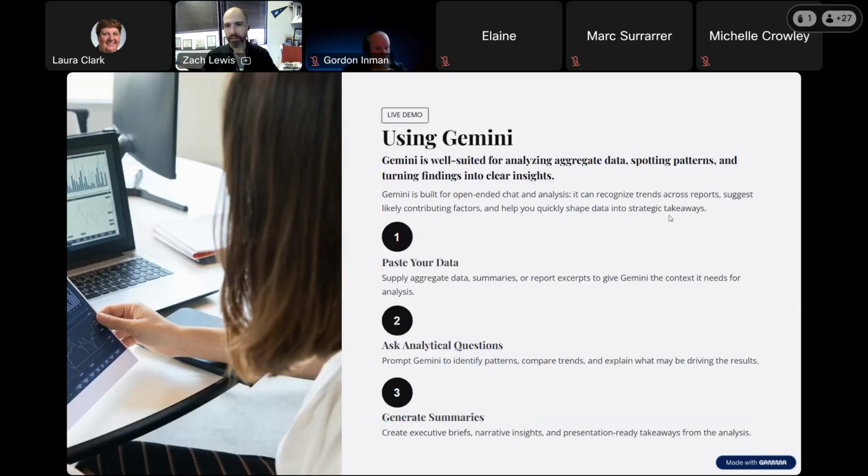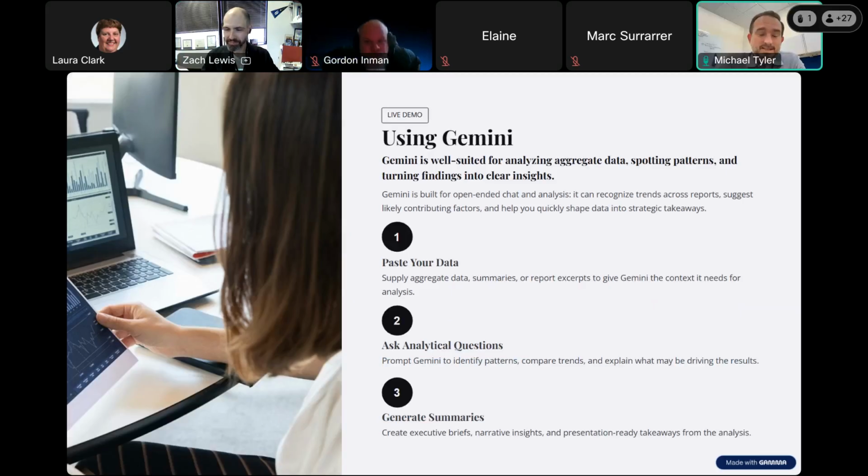Okay, so I'm going to be quiet for a little bit and hand the baton over to Michael, who's going to walk us through a couple of applied use cases using Gemini. Sounds good. Hi, everybody. Michael Tyler over at Paradise Valley. So we're going to do a walkthrough of some examples, and then have the opportunity to demo this yourself, just to really drive home some of the things we've been talking about before this.